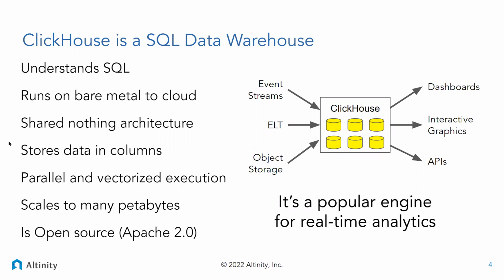Like most data warehouses, it stores data in columns. This is much more efficient. We'll dig into this a little bit, but basically it means that when you're doing selects, you only pay to read the columns that you're interested in. If you have 100 columns and you read 3, you will only need to do I/O on those 3 columns and not the rest of the data. It also uses, like many data warehouses, both parallel and vectorized execution. So parallel in the sense that we're very good at parallelizing a query across cores, across CPUs, and then across nodes in a network that comprise a ClickHouse cluster.